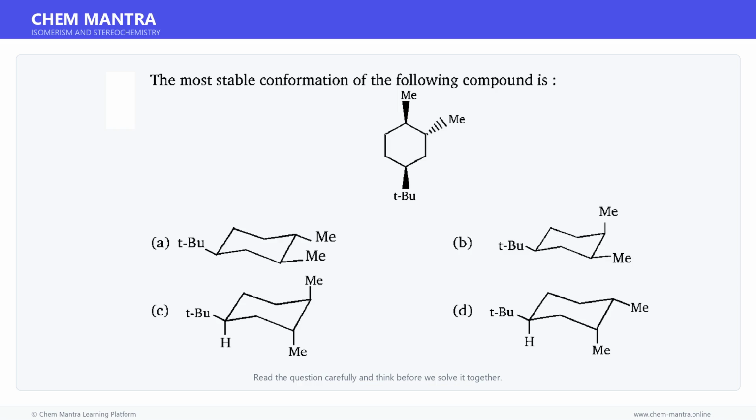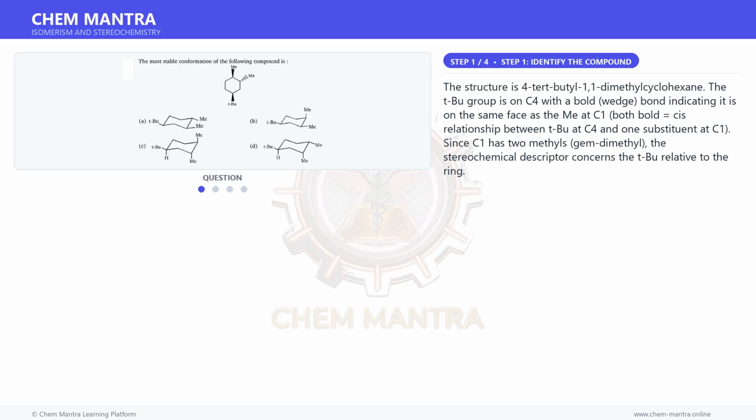Here is a question. Read it carefully and think about the answer. Let us solve it step by step. Let us begin solving this step by step. The structure is 4-tert-butyl-1,1-dimethylcyclohexane. The TBU group is on C4 with a bold wedge bond indicating it is on the same phase as